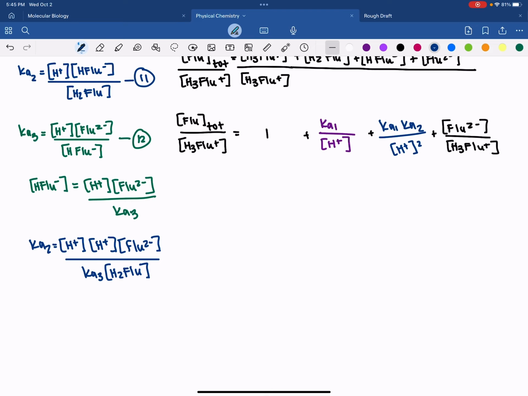We're doing the one at the bottom. So now that's going to look like what? H2 flu equal to Ka2 times Ka3 over H plus square times,